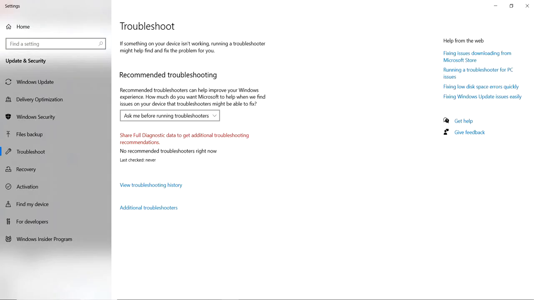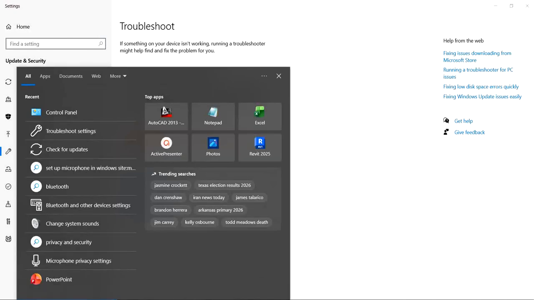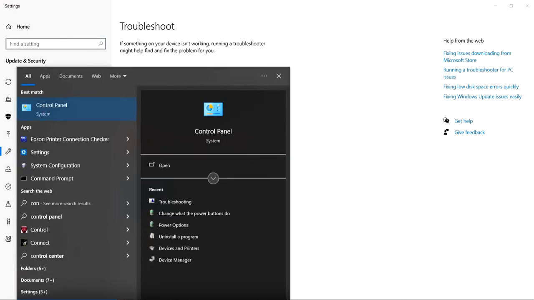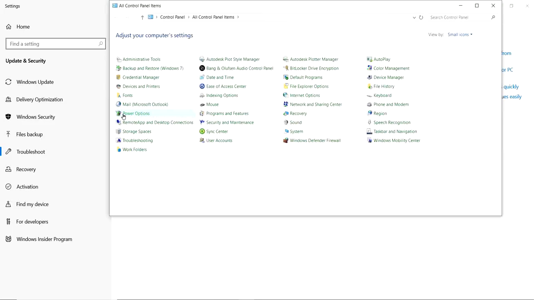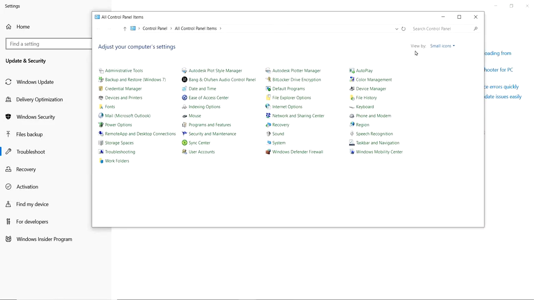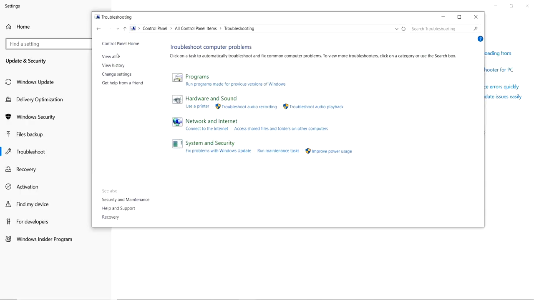Today's video is about how to fix sound recording issue in Windows 10. For that, we have to go search control panel, make small icon, go to troubleshooting, view all,